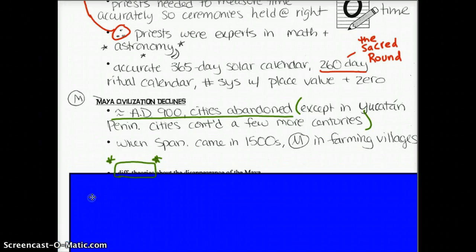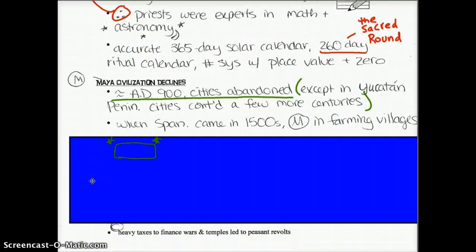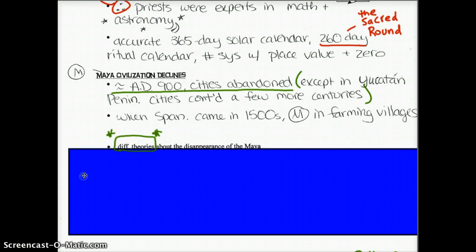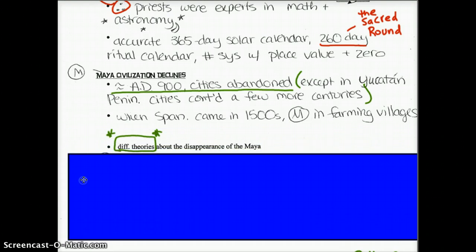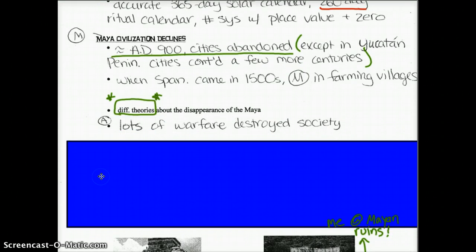And there were some in farming villages when the Spanish came in the 1500s, but there wasn't a significant Maya civilization in the 1500s when the Spanish came and burned the books that I mentioned on the previous page. So, like I said, there's different theories about why they disappeared. The first one is listed here. Second one,